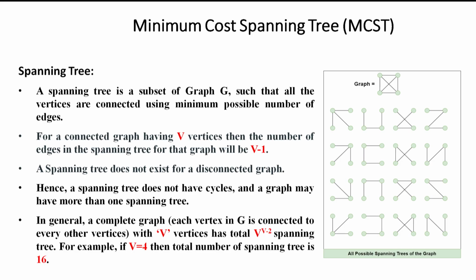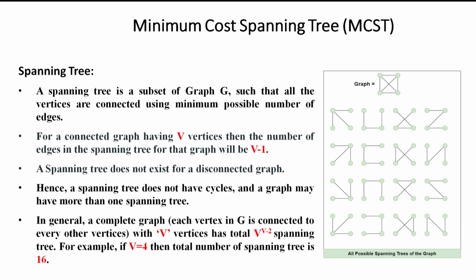And a spanning tree does not exist for a disconnected graph. This is one of the important points: a spanning tree can be created only for a connected graph. If there is a graph whose vertices are not connected, then we cannot create a spanning tree for that graph. And because a spanning tree is a tree, as we know, it should not have a cycle. Also, a graph may have more than one possible spanning tree depending on what combination of edges we consider for